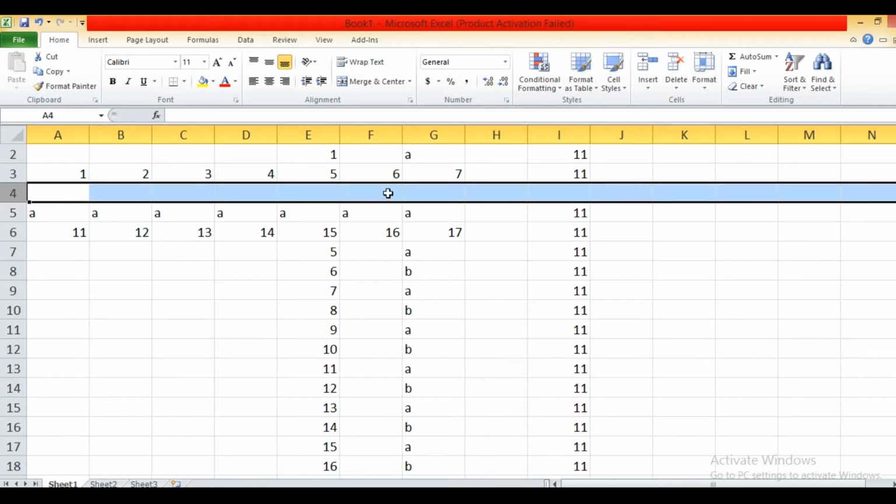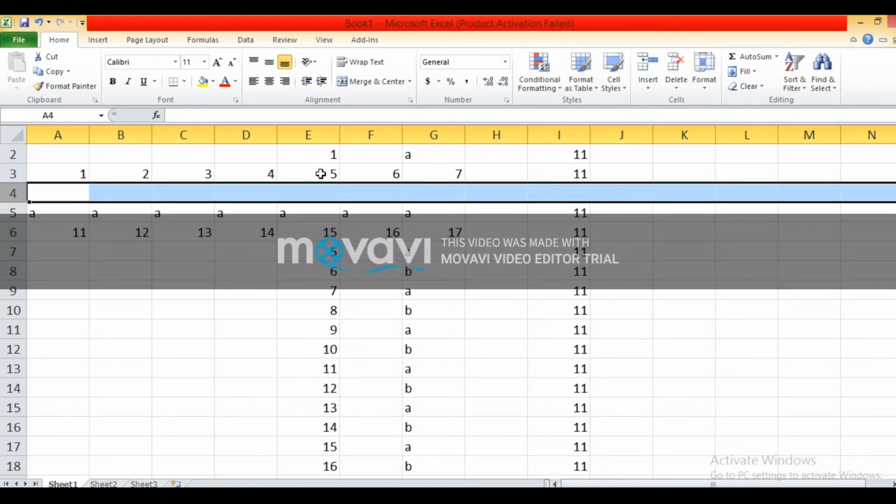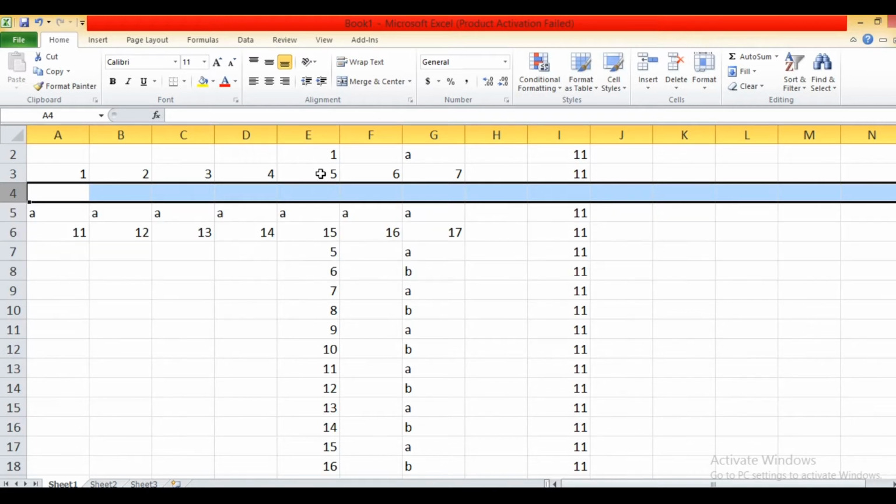The horizontal section is called rows and the vertical section is called columns. In this way you can insert multiple rows and multiple columns in the existing worksheet. Insert row and insert column options are in the Insert option of the Cells group in the Home tab.